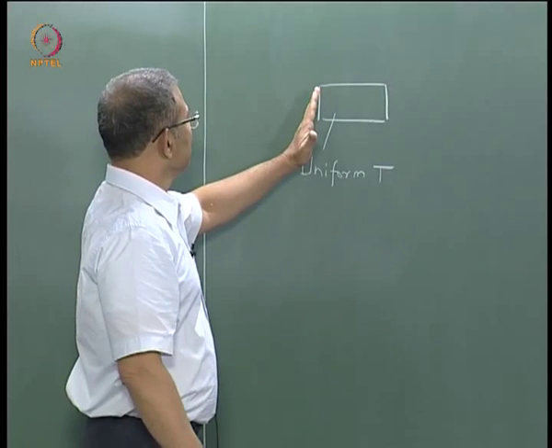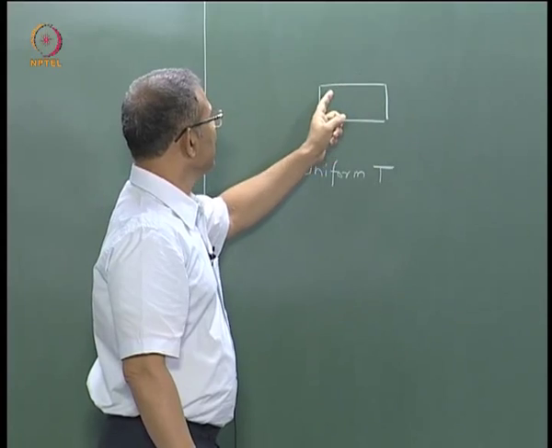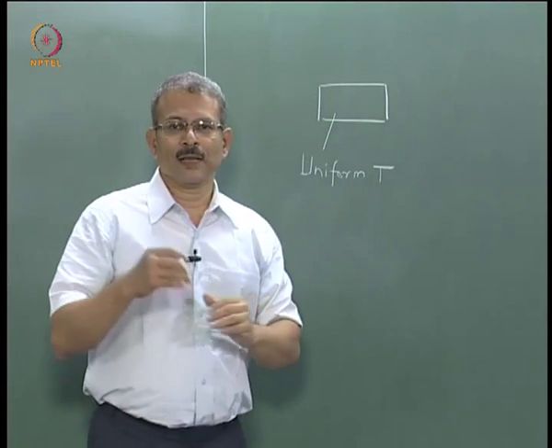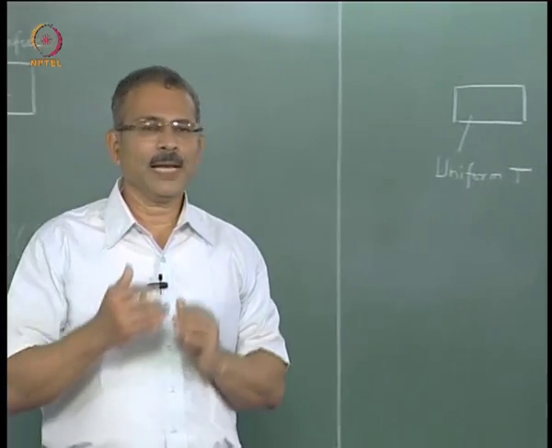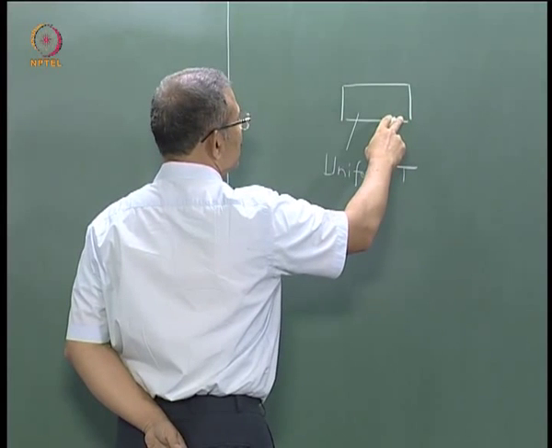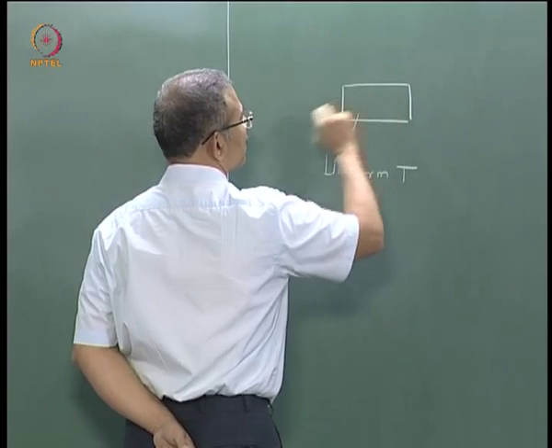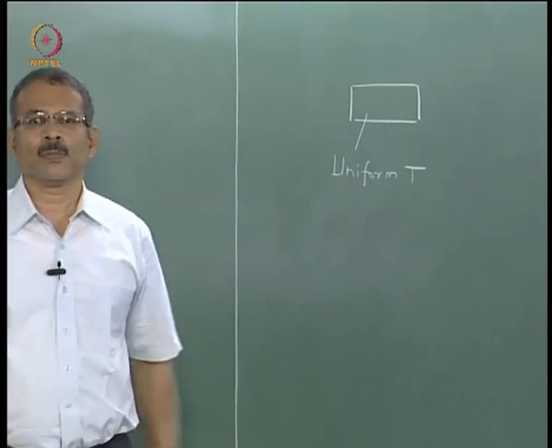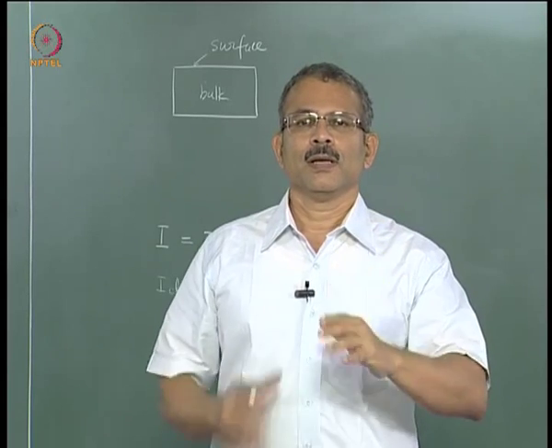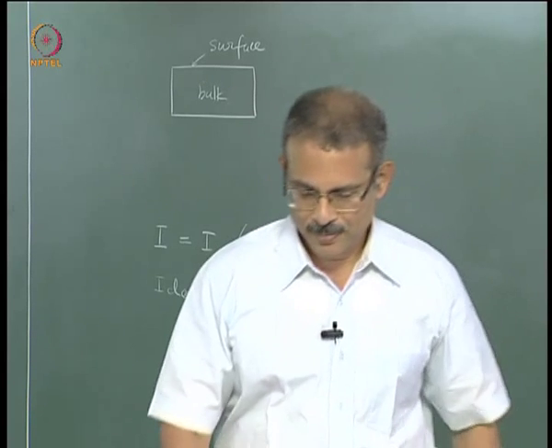Why? Because if it is non-uniform, supposing temperature at this point is more than temperature at this point, then there is going to be a thermoelectric current, we know that, and that is why the definition includes the remaining conditions also, that is, the sample should be at uniform temperature, there should be no net flow of charge or energy. So uniform temperature, no net flow of charge or energy. If this situation is there, then we say the semiconductor is under equilibrium.